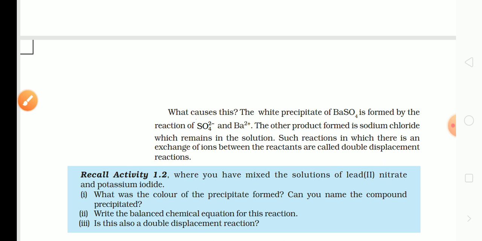So this is all about displacement and double displacement reaction. And what is displacement? A highly reactive metal can displace a moderately reactive or other metal from its solution or salt. It is called displacement reaction. For that, you need to study the reactivity series of metals. Potassium is the most reactive one. Then comes sodium, then calcium, then magnesium, then aluminium, then zinc, then lead, then copper. Finally, you can see the least reactive metals such as silver, gold and platinum.